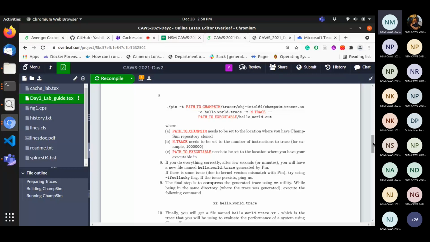So I need not put that path? No, I mean before pin there is a ./ character, right? You don't need to put this if you have already put the directory of pin inside your path environment variable. No, I did not put the pin path in the path variable, but I put the path to champsim and the path to the executable. In this case, you'll need to provide an absolute path for champsim. Then whatever you have given in the red color, where shall I upload them? Shall I not include them in the path environment? You don't need to include them in the path environment.